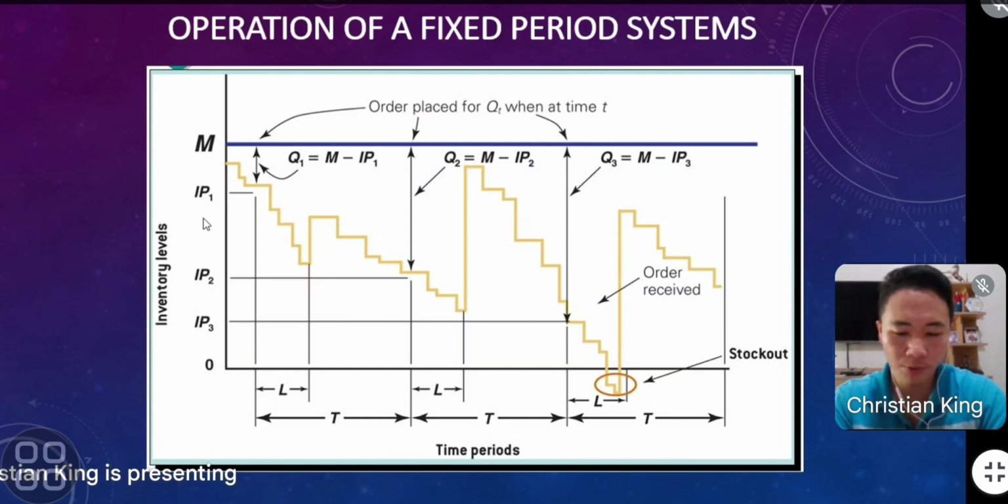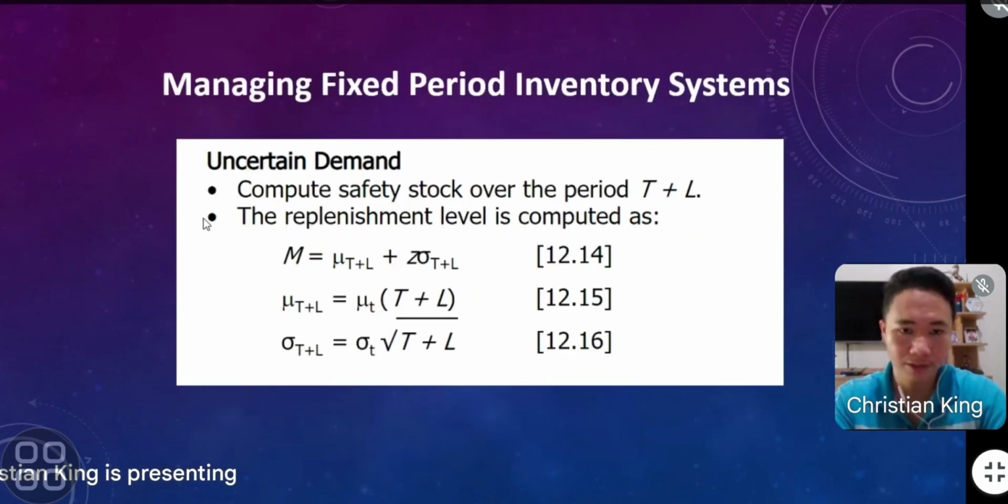We must compute safety stock over the period of time plus the average demand. So the replenishment level is computed as follows, given uncertain demand: first, compute safety stock over the period of time plus lead time or